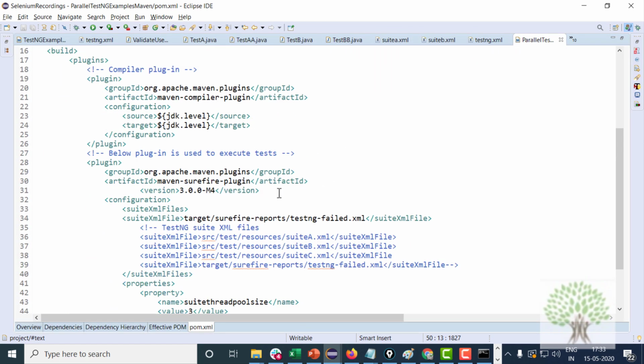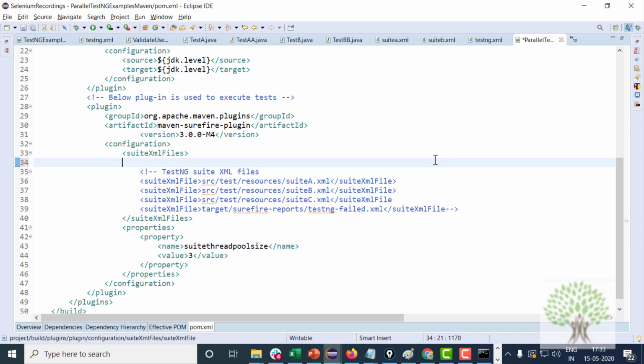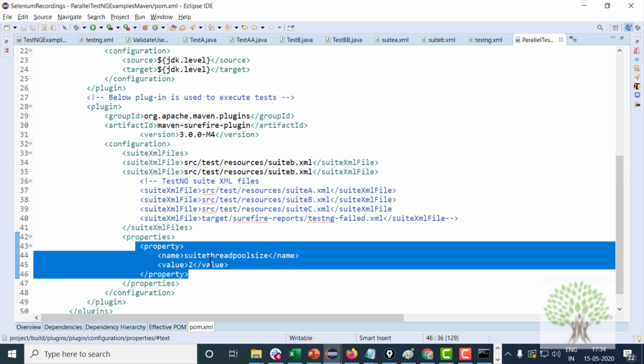Instead of the XML file, you have to mention your suite XMLs. In my case it is test suite A and test suite B, and you keep the suite thread pool size to 2. This is the property, suite thread pool size.